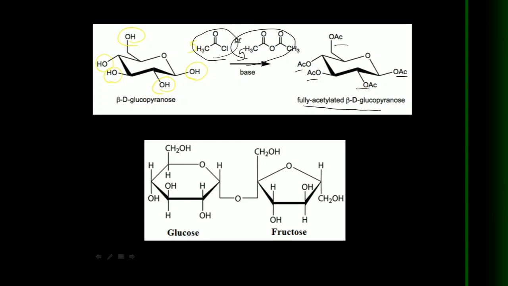Next here, for this sucrose, how many OH groups are there? That equals the number of equivalents consumed. So OH 1, here 2, here 3, here 4, and next 5, here 6, 7, 8. That means sucrose on acylation consumes 8 moles of acetyl chloride or 8 moles of acetic anhydride. Okay, that's it. The structure of the sucrose.